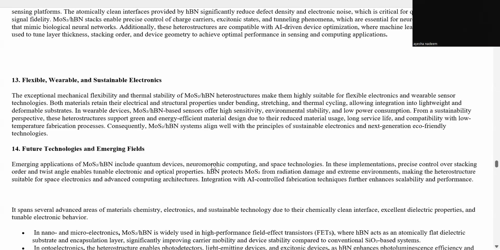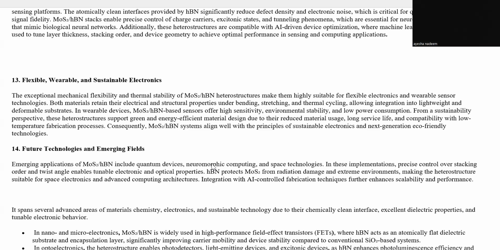The exceptional mechanical flexibility and thermal stability of molybdenum disulfide and hexagonal boron nitride heterostructures make them highly suitable for flexible electronics and wearable sensors technologies. Both materials retain their electrical and structural properties under bending, stretching, and thermal cycling, allowing integration into lightweight and deformable